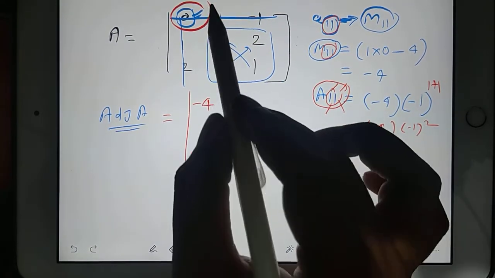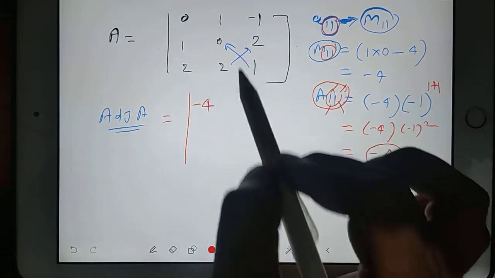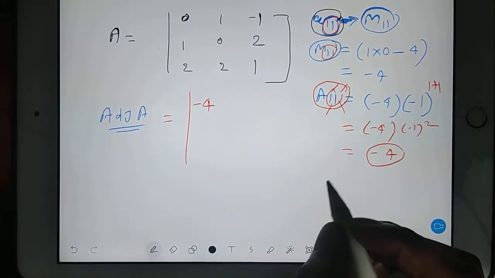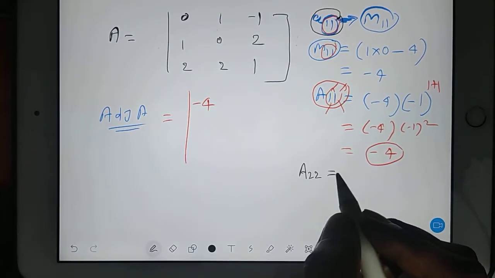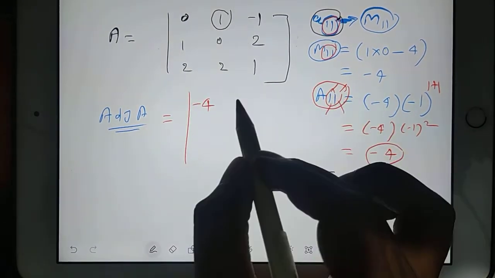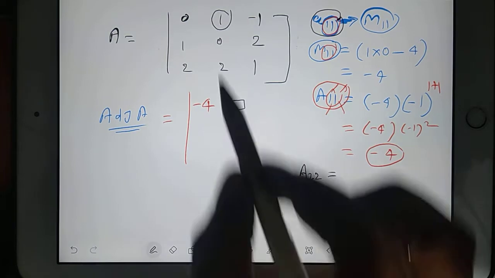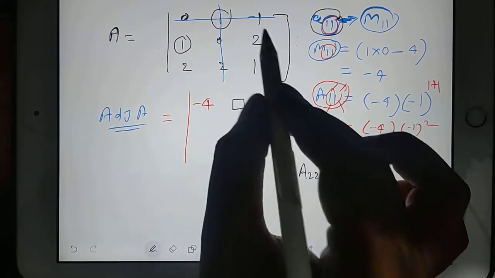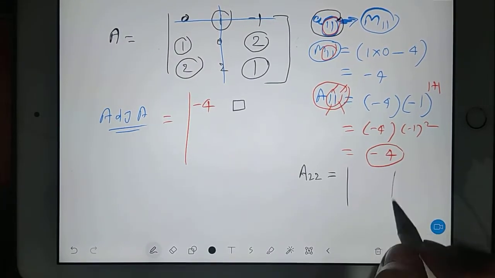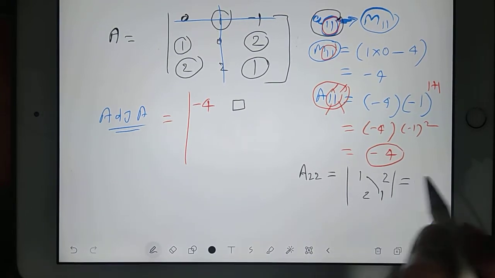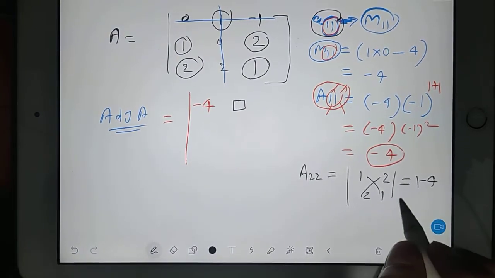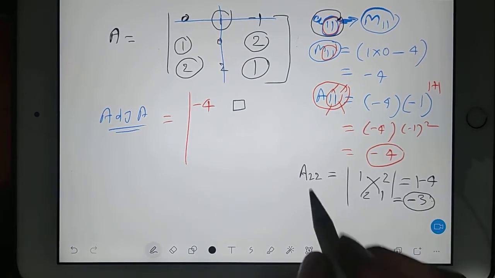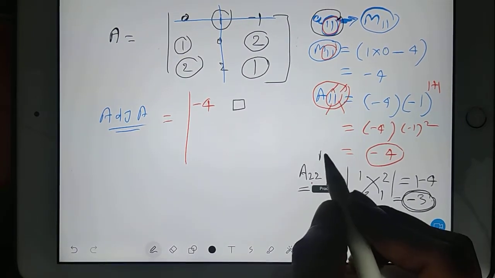Just a minute. I am erasing this. Okay, then you do one thing. Go for A22. I mean, go for this capital A22. How will you calculate capital A22? It means you have to replace value here. It means the final answer will come here. So what will you do? Leave this row and column. So what are the elements remaining? They are remaining like 1 2 2 1. Then what will you do? Multiply this 1 1 here, you'll be getting 1. Multiply 2 2 here, you'll be getting minus 4. Okay, then you'll be getting minus 3. Now this minus 3 is not the value of A22. This minus 3 is the value of M22.